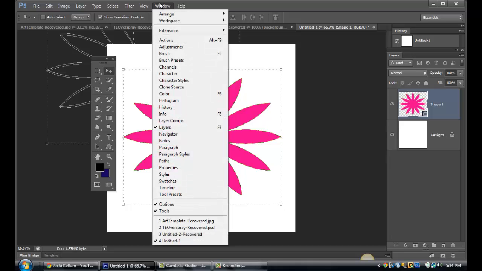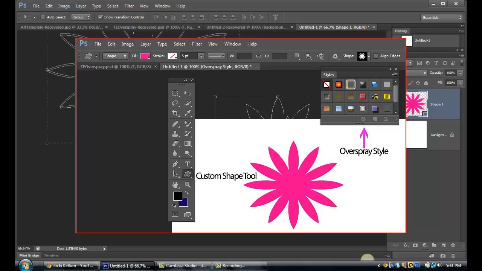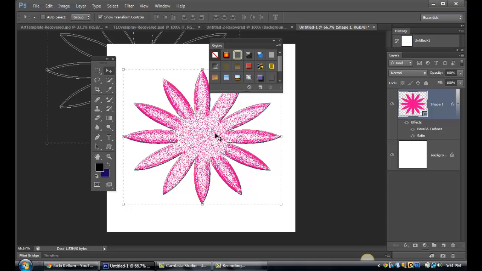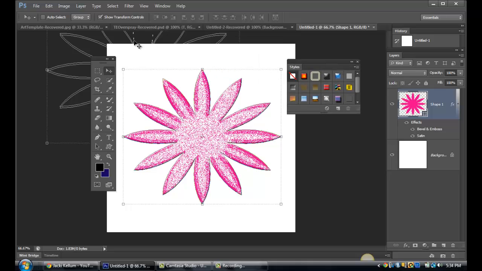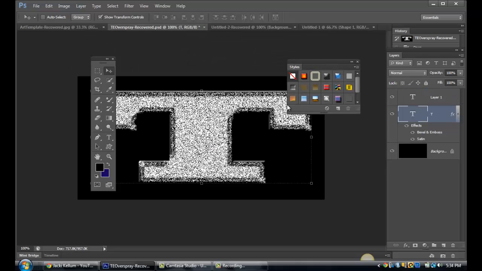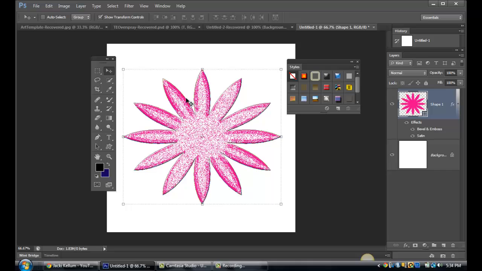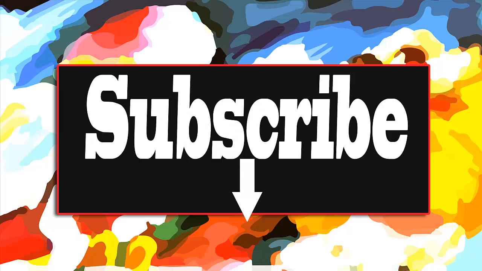I could immediately go to Window, go to the drop down menu and select Styles, and I could choose any number of styles. I could make the blanket effect, I could make it a chiseled sky, or this overspray, the same black and white overspray that we used to create this text effect right here. But in this particular case, we're creating it on a pink flower, so the overspray appears to be pink on white or white on pink. It is actually what it is. Now I'm going to show you